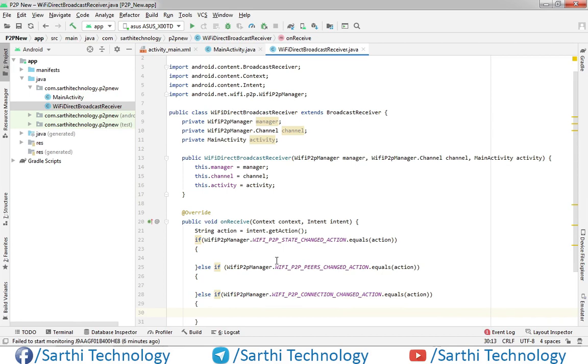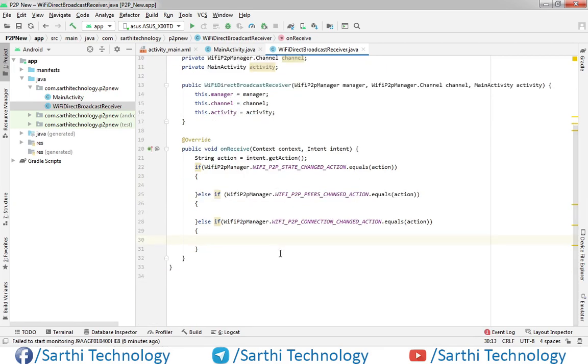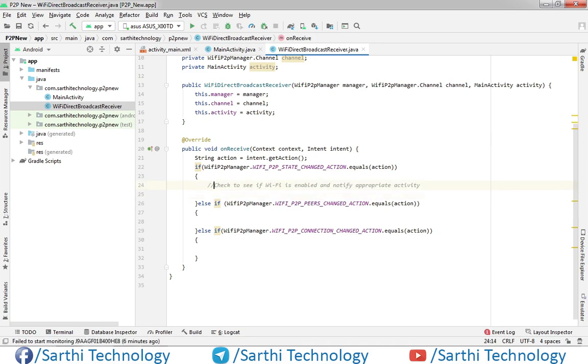Okay, so we need these three in our project. The first will be to notify about Wi-Fi state. It will check to see if Wi-Fi is enabled and notify the appropriate activity.